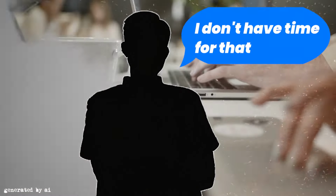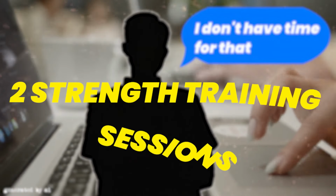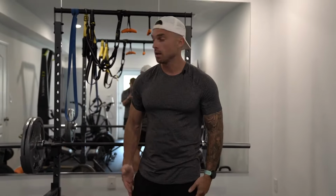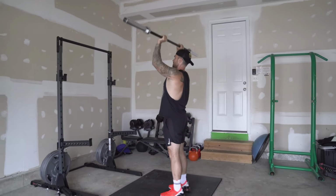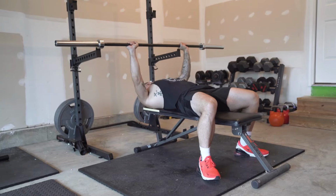Now, you may be like, hey, I work a big-time career. I don't have time for that. I would say keeping at least 2 strength training sessions in is key, not just for lower body, but also for upper body. So having 1 lower body day, 1 upper body day, where you are purposely getting stronger or attempting to maintain your strength. Most importantly, on the key lifts, things like deadlifts, front squats, overhead press, push movements like a chest press or push-up, pull-ups, just the basics, but keeping your strength in the 4 to 8 rep range,